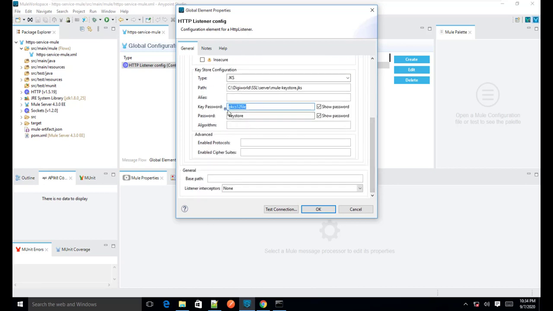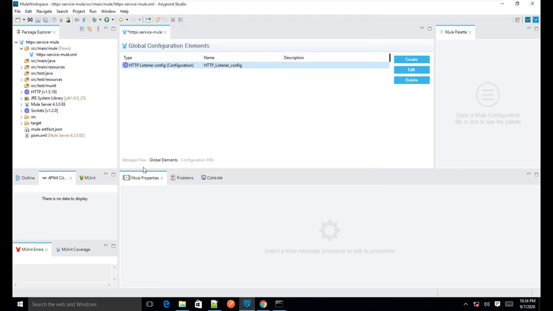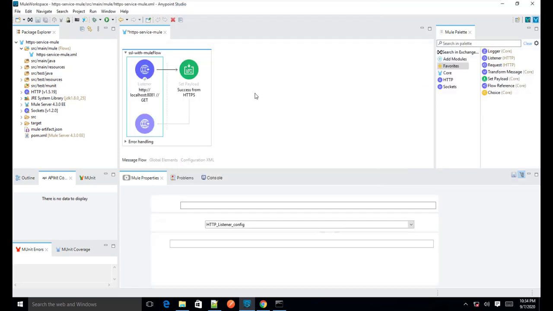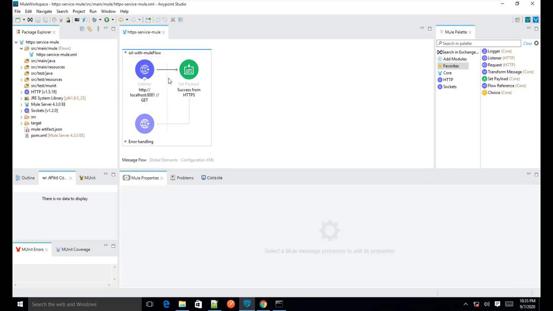So now as you can see, I am referring this JKS file, that is the key store file, from here in the key store configuration of the HTTP listener, from the Mule flow. Here I have selected the JKS file, right? You can also select a PKCS12 file, that can also be used, but here I have used the JKS file. Okay, so I will just click OK. This is pretty much what is needed for configuring HTTPS for the one-way SSL in Mule 4.